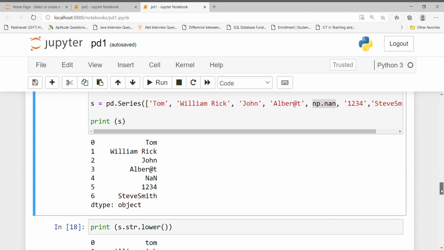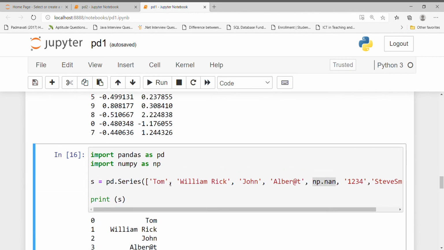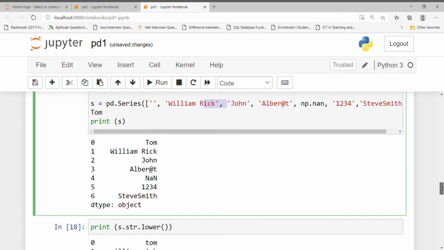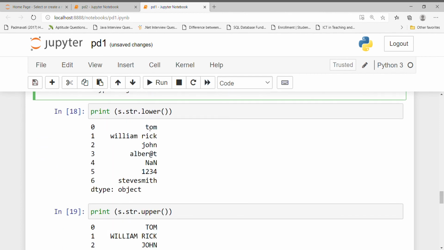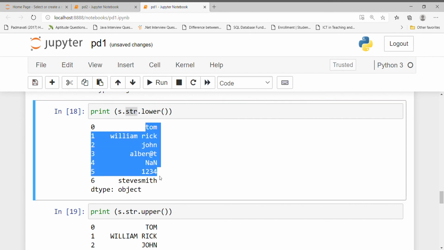Now, if I want to make this data totally lowercase, see, T is capital, O and M are smaller. If I want to convert all this data into lower format, then here we can use s.str.lower. str.lower is the string function which is used to make the data lowercase.